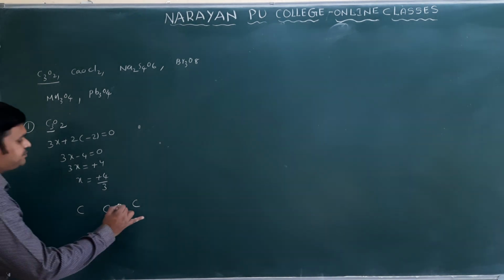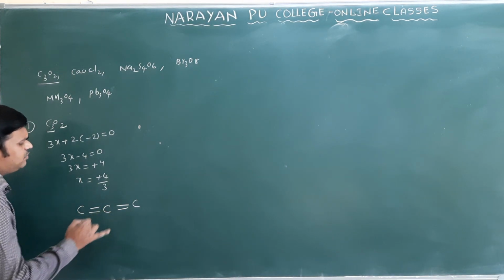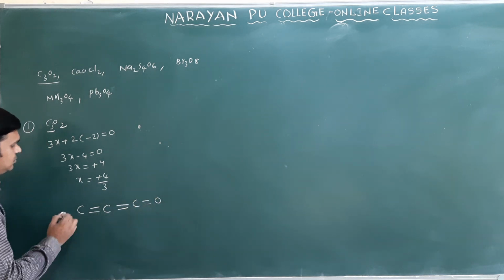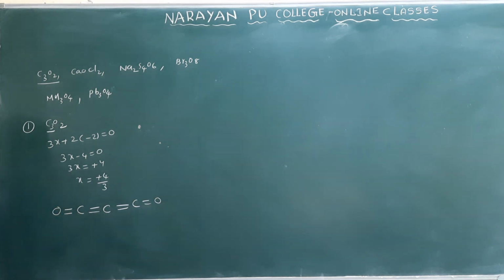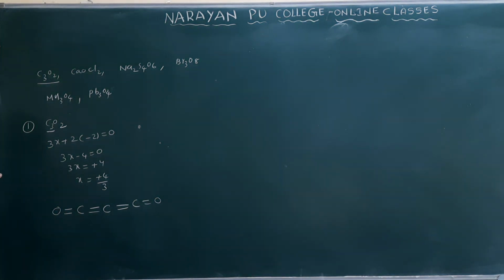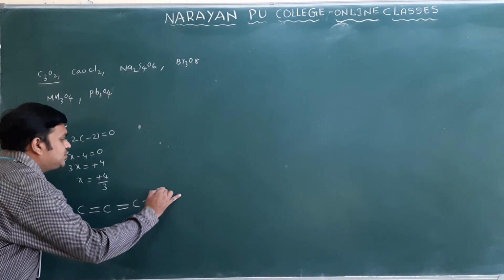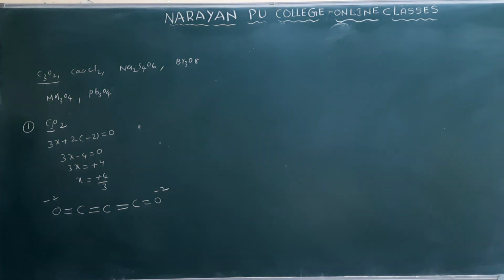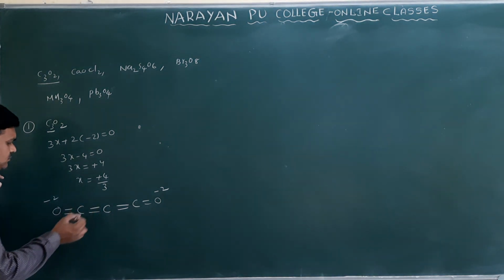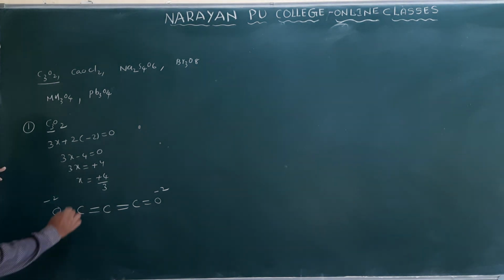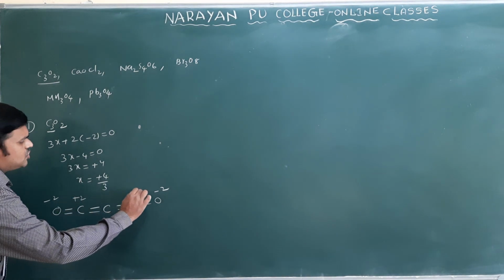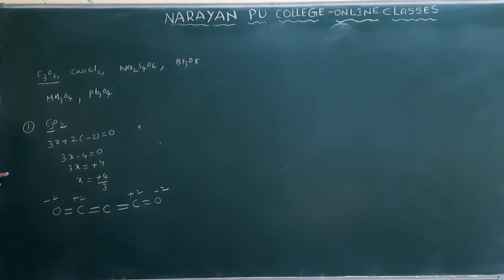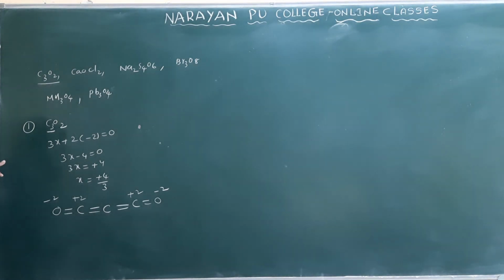Four bonds only. Here I am writing a double bond O, and this is a double bond, all right. This is the structure of carbon suboxide. Here, oxygen generally has what oxidation state? -2. Here you will get -2. Then this carbon gets +2, and this carbon also gets +2. What is the oxidation state of the middle carbon?